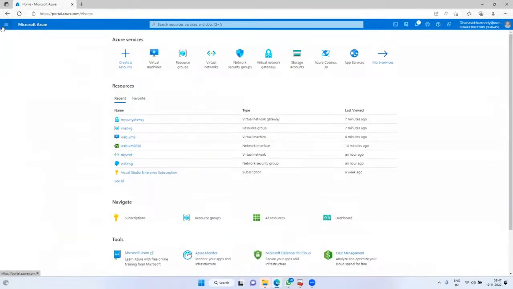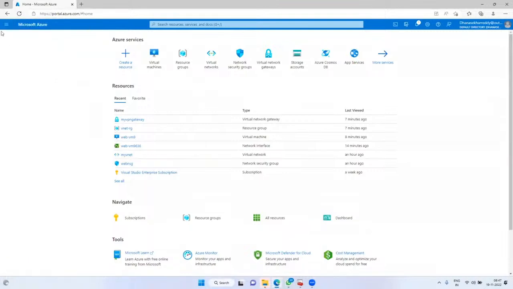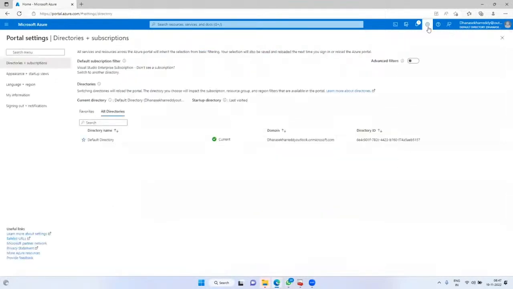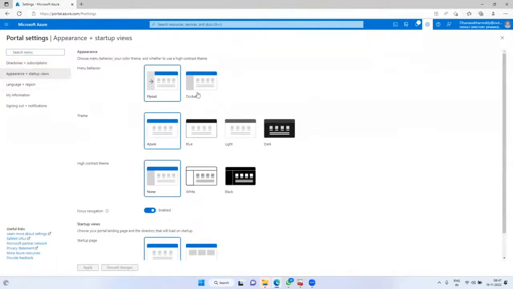If you want to place the blade permanently, we have a setting. Go to settings, very important. Here there is an option called appearance and startups. Click on it. There is an option called dock.